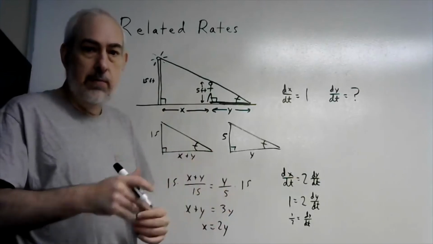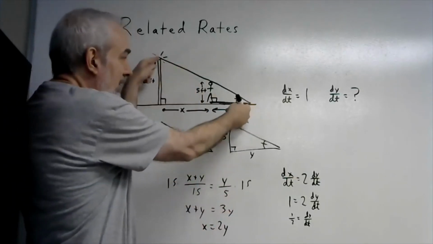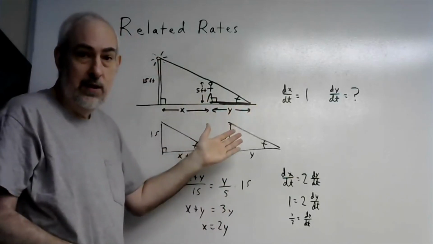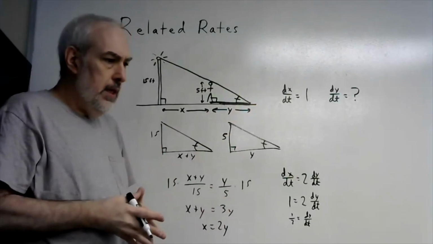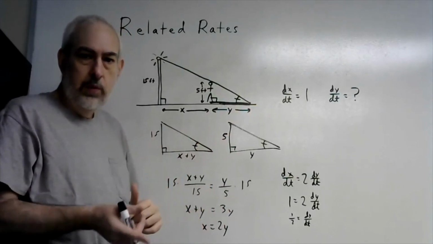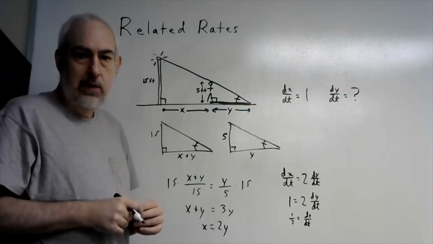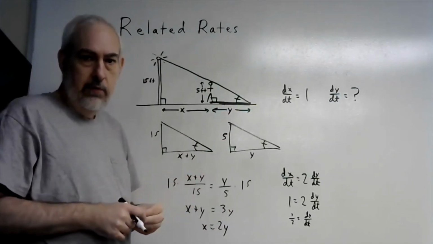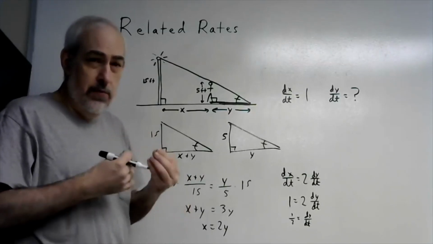Now, you don't want to just label everything, like, I guess this is changing, that's a variable, but we're not interested in the distance from here to here. So label anything that you have a rate for or are looking for with a variable, but never write down a constant in the place of something that's actually a variable, because it may get you confused. It may make you think that it's actually a